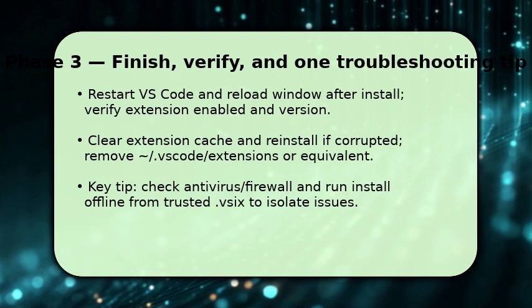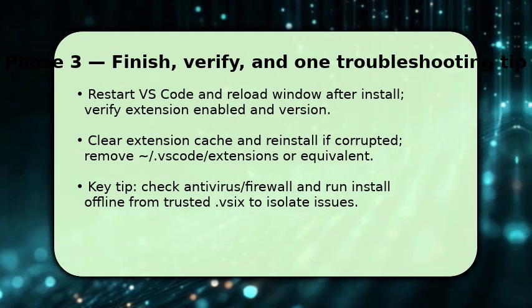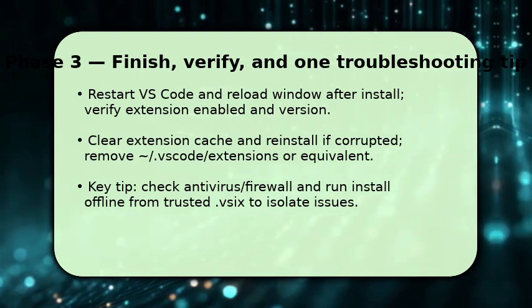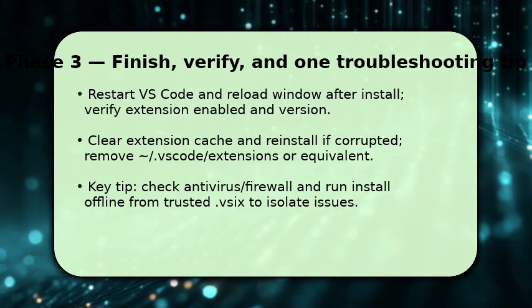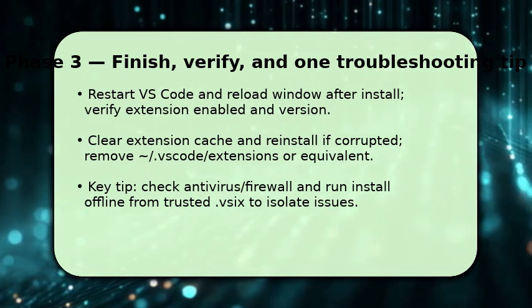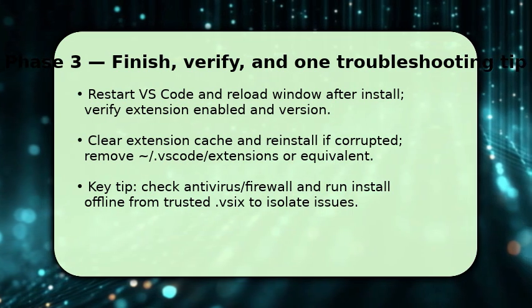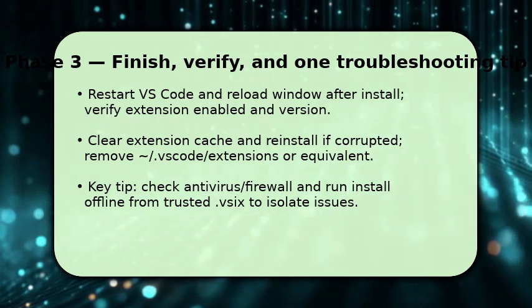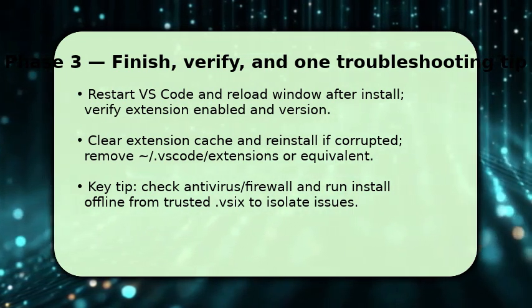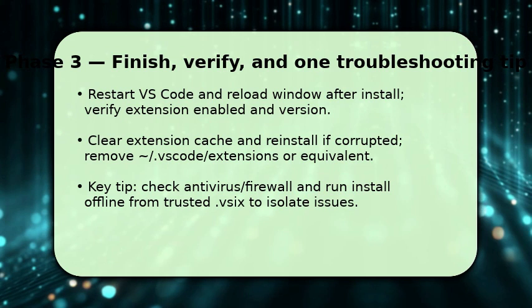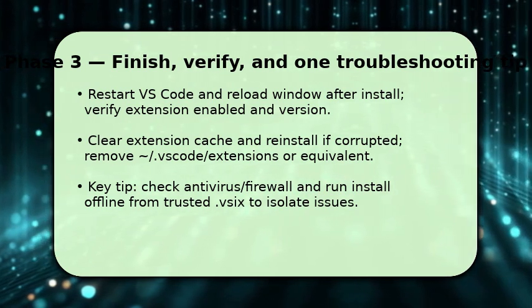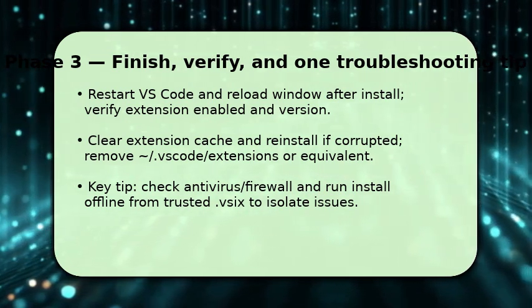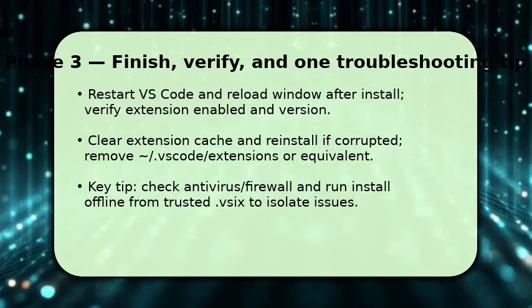If activation fails, clear the extension cache and reinstall. Remove the ~/.vscode/extensions folder or the Windows equivalent to eliminate corruption. Make sure your antivirus or firewall isn't quarantining files. If problems persist, install the trusted v6 offline to isolate network or certificate issues. This often reveals whether the failure